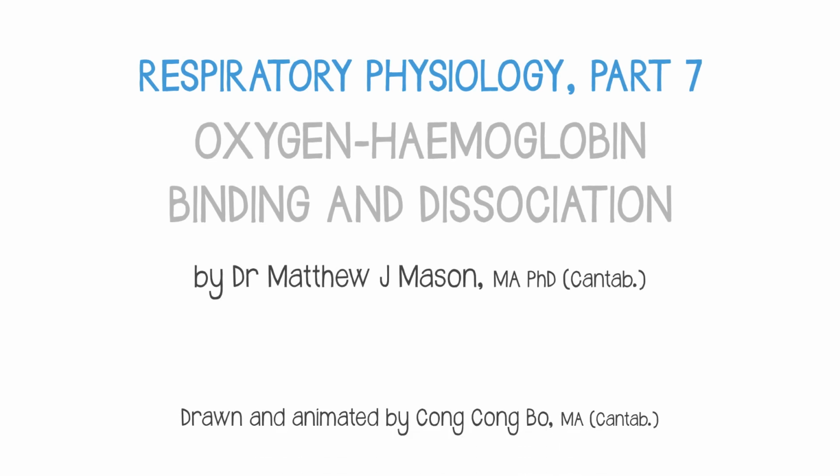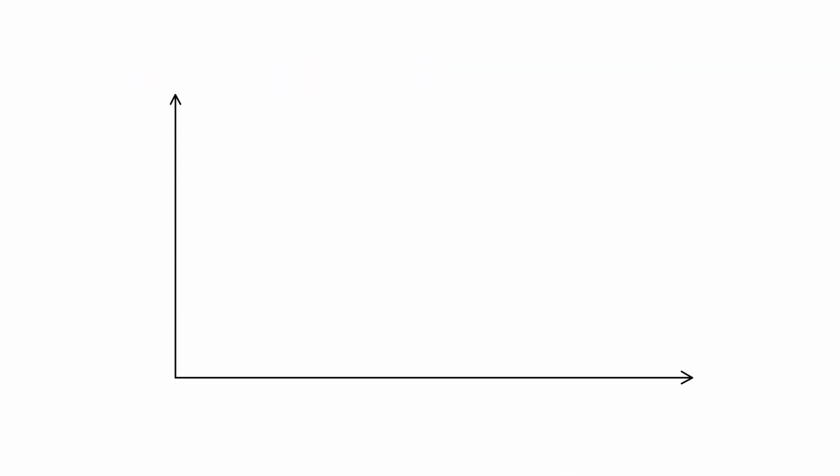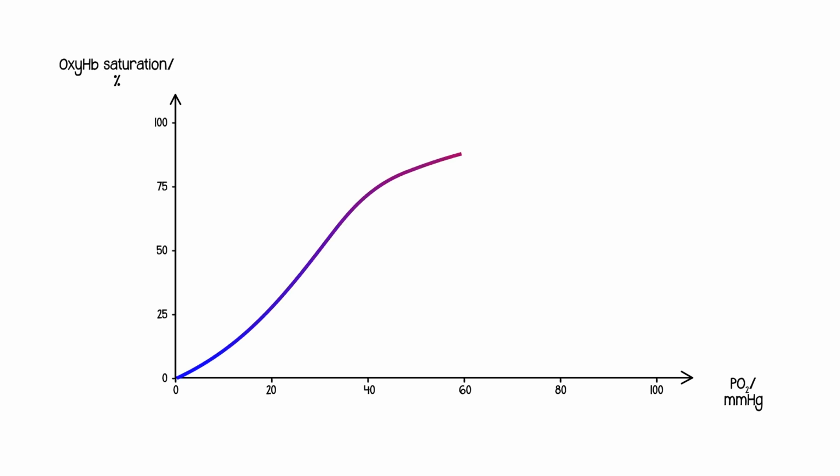I'd like to talk a little bit more about haemoglobin at this point. The graph that we see here is the very standard graph showing the association between oxygen partial pressure on the x-axis and on the y-axis the percentage saturation of haemoglobin. And we can see that as oxygen partial pressure rises, the blood becomes increasingly saturated, and this graph has this